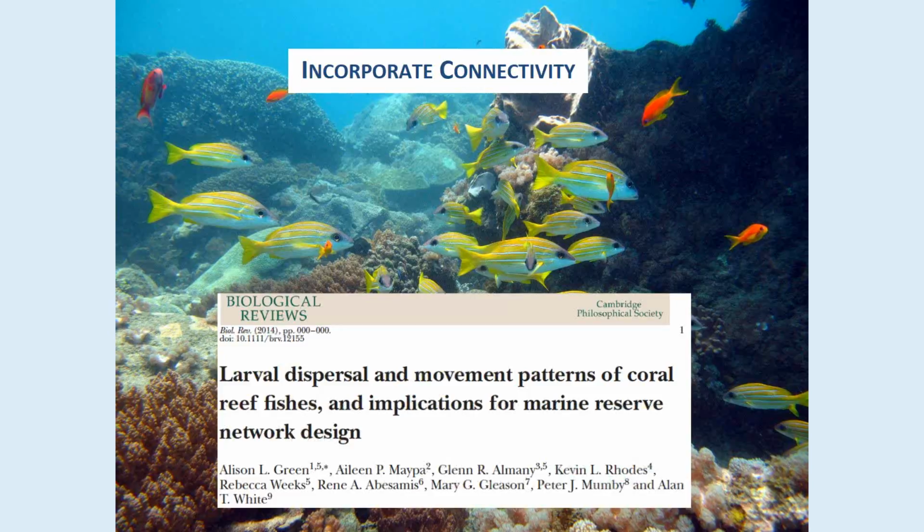So what we did is another detailed review of the larval dispersal and movement patterns of coral reef fish and what that means for designing marine reserves or no-take areas. Now, this review is global in scope. It's the best available information for all coral reef fishes, so you can use it wherever you're from. So what I want to do is explain how we do this.